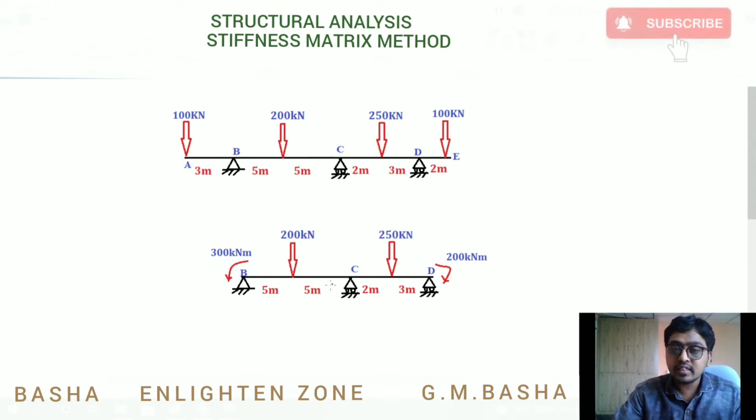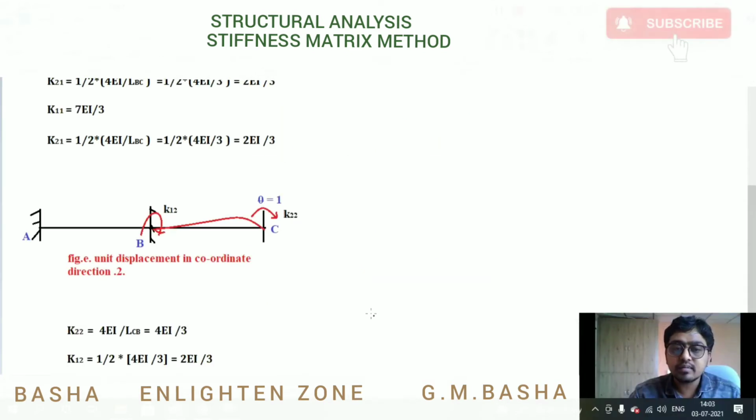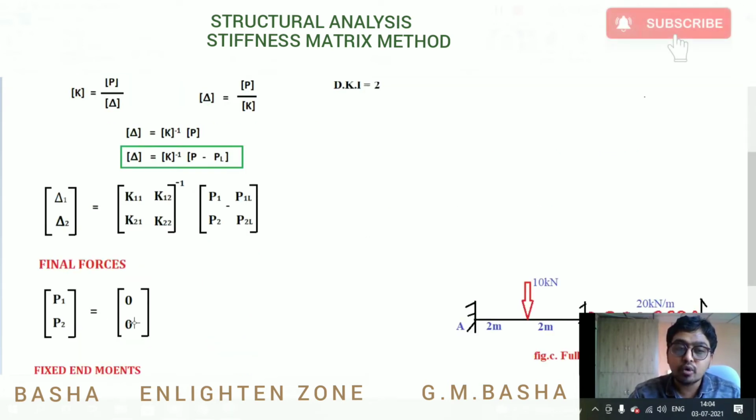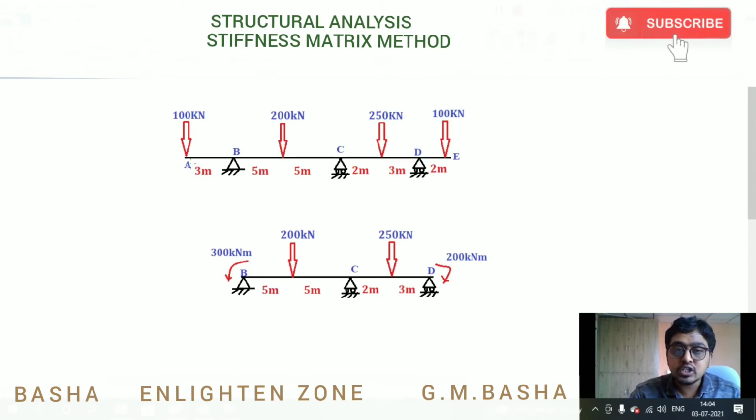See here, in the last question we discussed, in this example they didn't give any cantilever portions or any external forces. Therefore, our final forces or external forces will be taken as 0. Why? I already told you how the external forces arise. If you observe this figure, here in this question there is a cantilever portion. If you simplify this and consider it as moment at B and moment at C, this type of force will be called the final force.